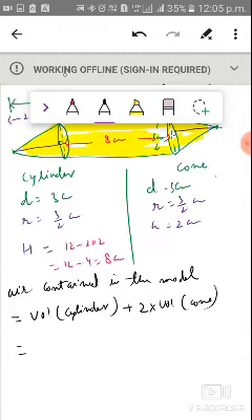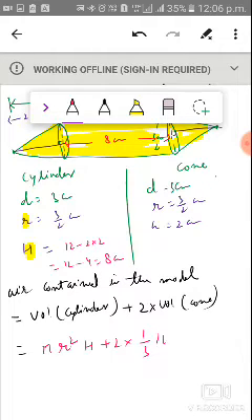So volume of cylinder is pi r square h. So you be very careful what we have mentioned. Radius of cylinder is r and height of cylinder is capital H. So that we have to mention here also, pi r square H plus 2 multiply volume of cone. Okay, that is 1 by 3 pi r square, and height of the cone is h. As you can see, we have mentioned the height of cone as small h, and the radius is r, is same for both.